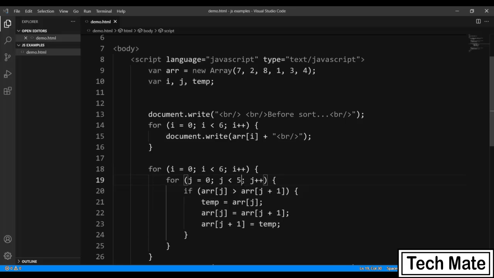So let's see what I have done inside this particular loop. So here you can see j starts from 0 and obviously it is less than 5. So when this loop runs the first time, the value of j is 0 and j plus 1 is of course 1. So if the earlier value is greater than the later value, for example j is 0 and 1, so if arr[0] is greater than arr[1], of course in this particular case 7 is greater than 2. So what I want is I'll have to swap these two values